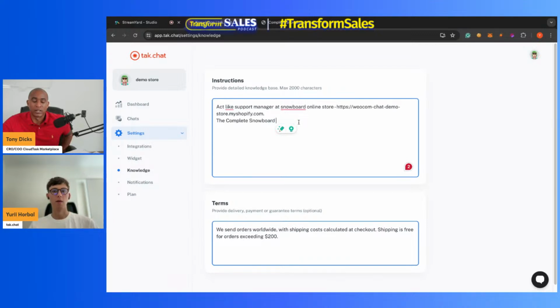Or for example, some specific terms that we want to adhere to, or some discounts that can be used by the bot in some terms.